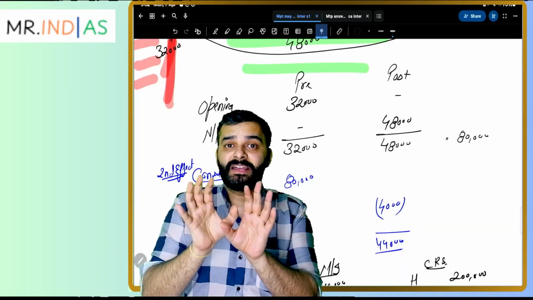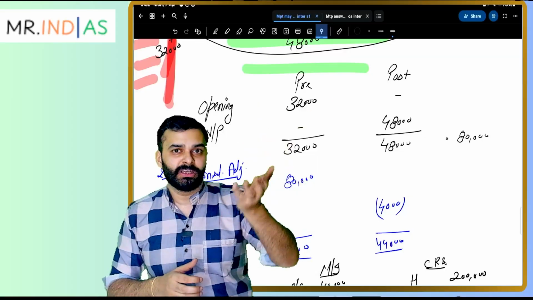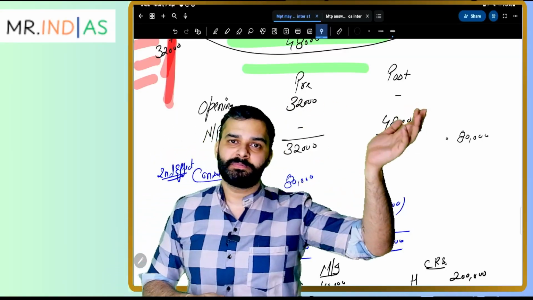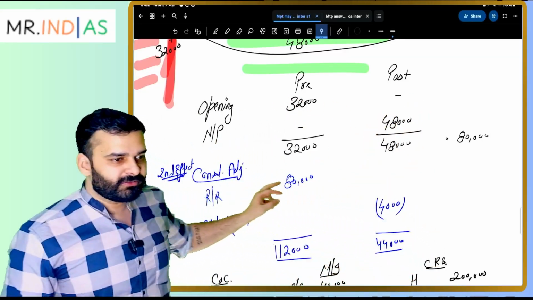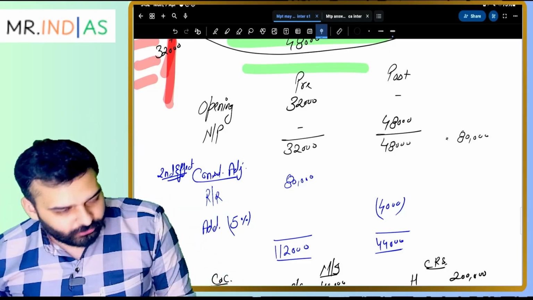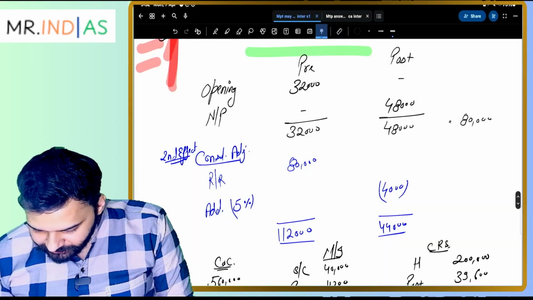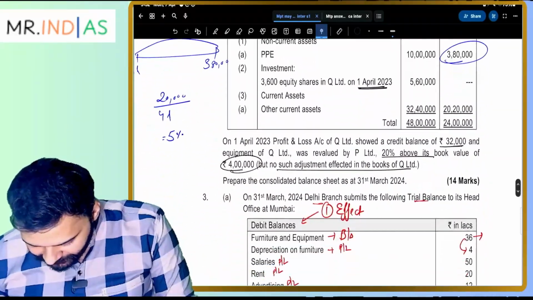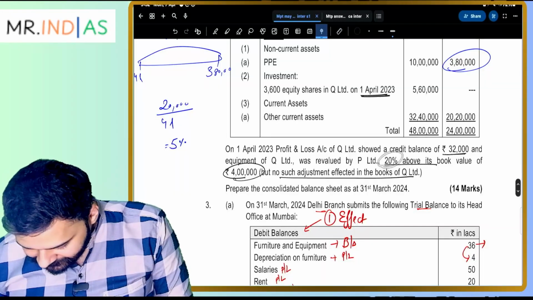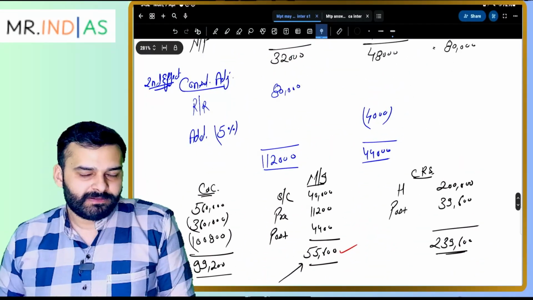Even if subsidiary has not accounted any transaction, for example, sometimes examination asks about bonus. Bonus is issued by subsidiary but not accounted. This will come into the consolidation adjustment category. Okay. So now you have one point only for consolidation adjustment, which is revaluation reserve. You have 4 lakh of plant which has gone up by 20%, which comes out to be 80,000. 80,000 will be your revaluation reserve.